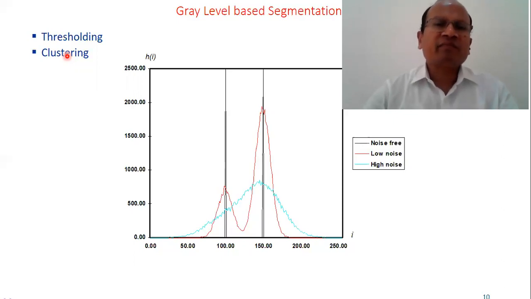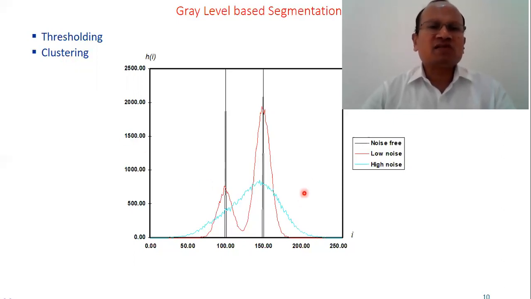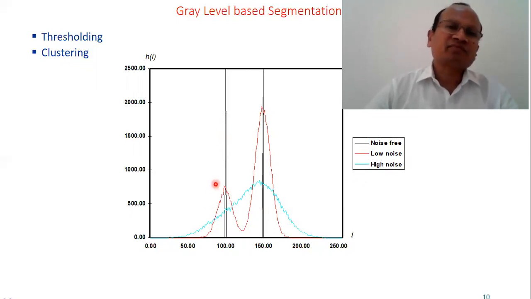If you see here, this is the histogram actually, and if you look at the description, this is noise free, low noise and high noise. There are three areas. This is for high noise, this red color is for low noise, and the other one is for noise free.